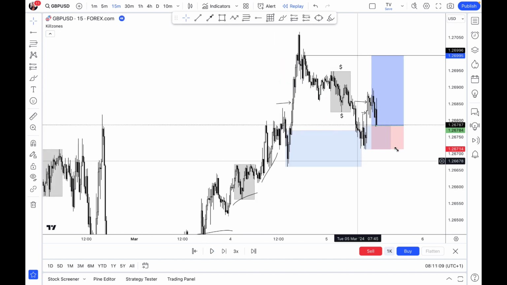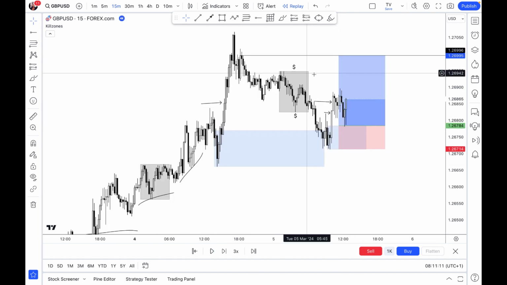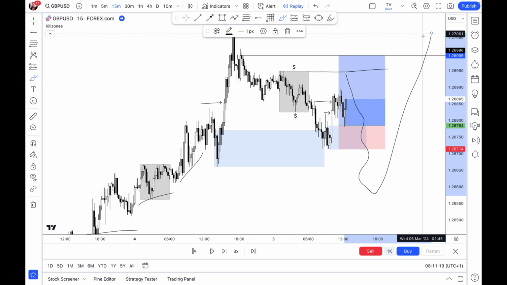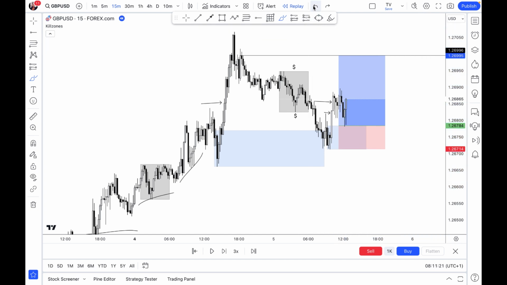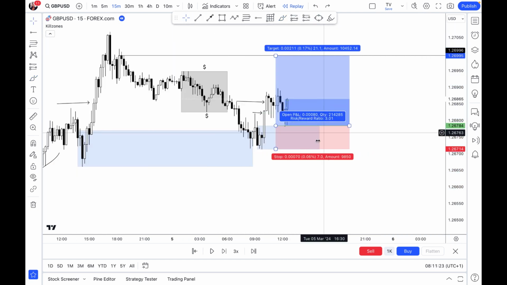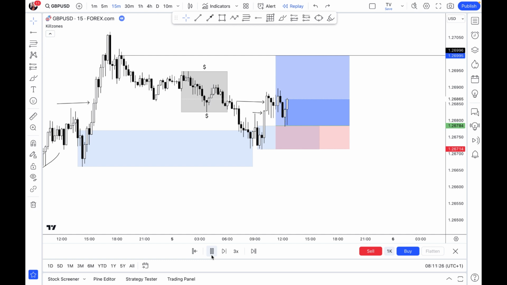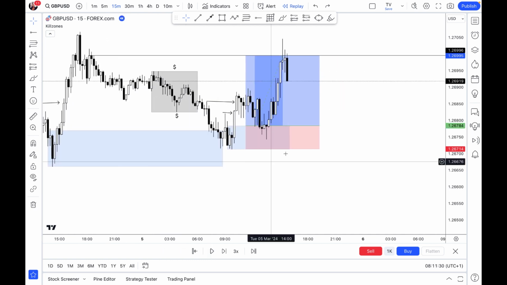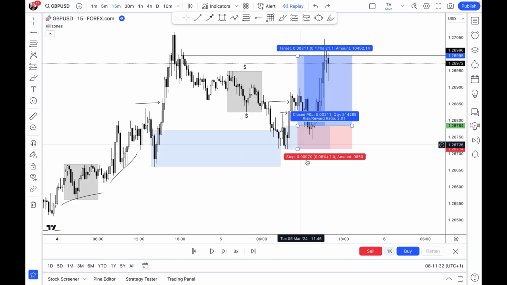And I was thinking if we should grab this Asian range high, maybe markets might start pushing back from this level downwards before we then continue pushing up to that supply level that we have on the higher time frame. So because of that, I just decided to fold my hands and just watch price play out. And as you can see, the market actually did run into profit.